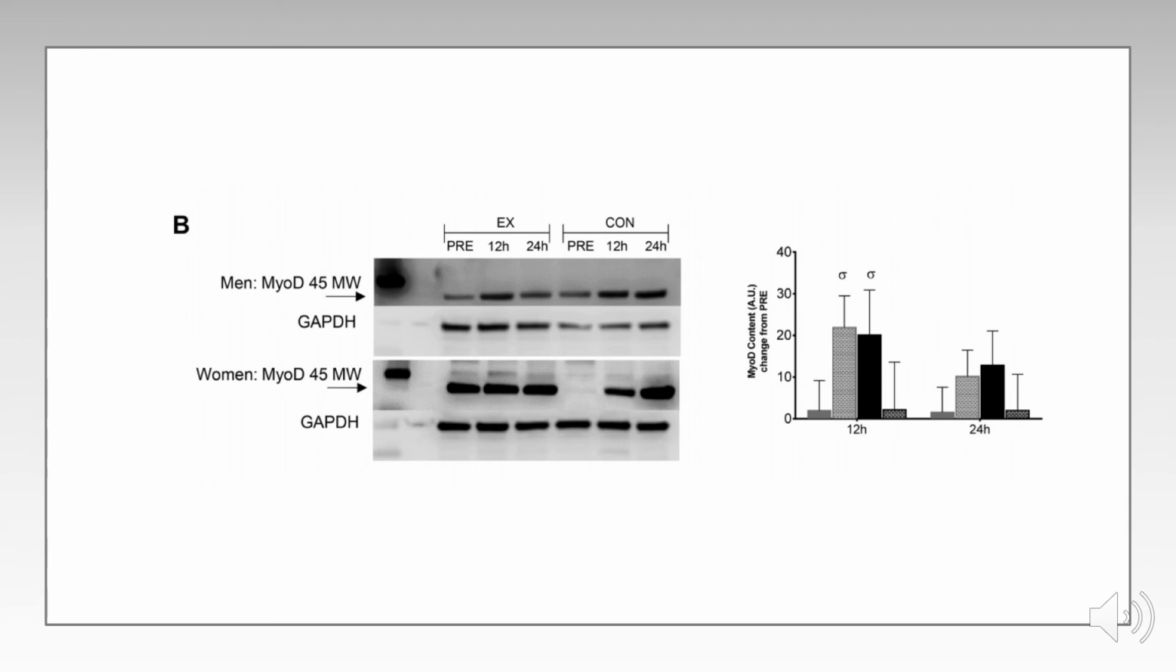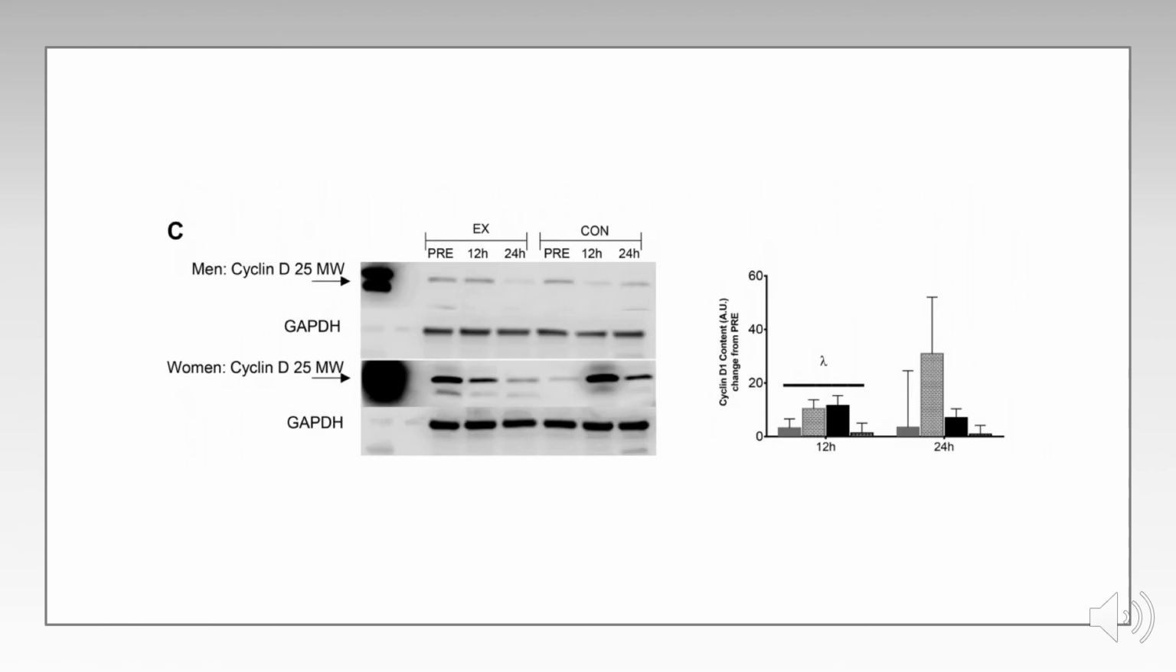Within women, the EX condition depicted that MyoD protein content had no change over time, while for the CON condition, the MyoD increased from PRE to 12 hours but decreased from 12 to 24 hours. Figure 4c showed the protein expression results for cyclin D1, which had a significant main effect of time with a p-value of 0.005. This simply showed that cyclin D1 protein expression increased from PRE to 12 hours and decreased from